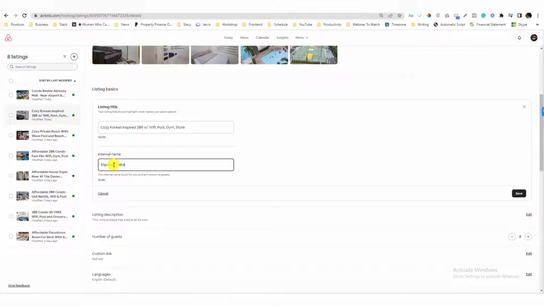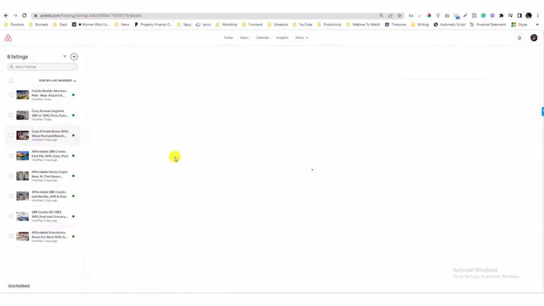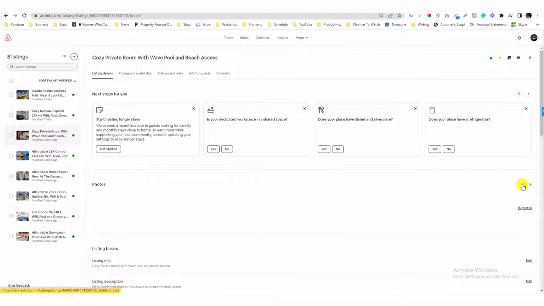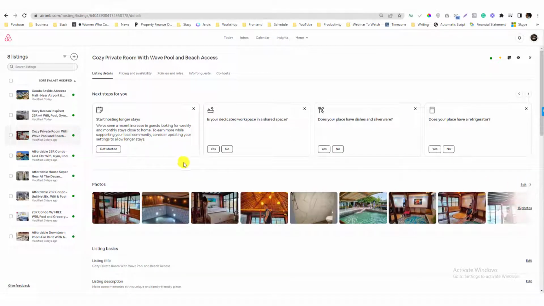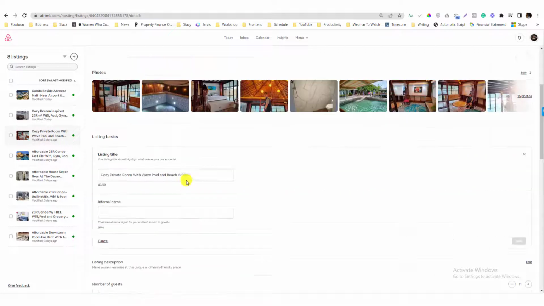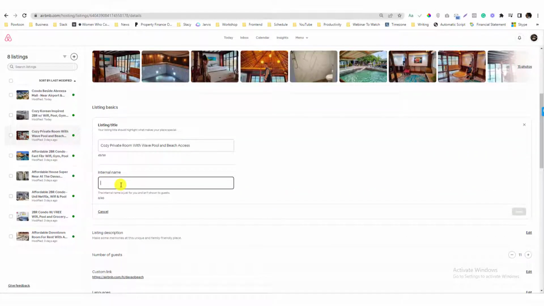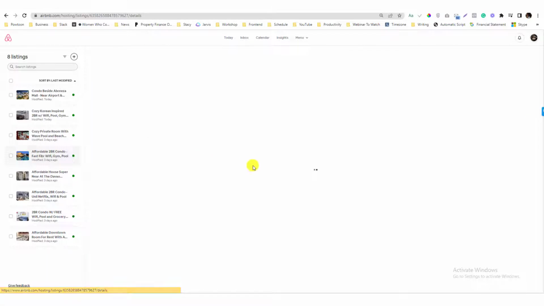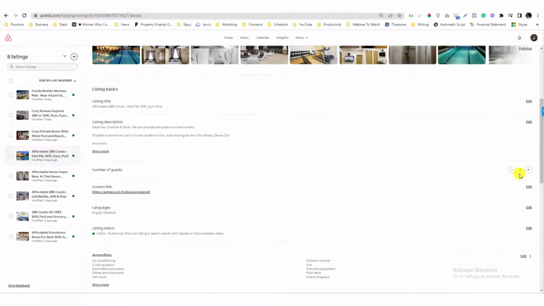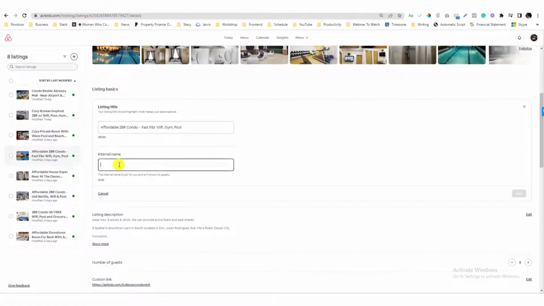I'm gonna change this one to here because this is my boyfriend's listing and this one is my uncle's listing. So basically I'm handling all of their Airbnb properties at the same time. So all that there, and then if I go in here, this is my listing for